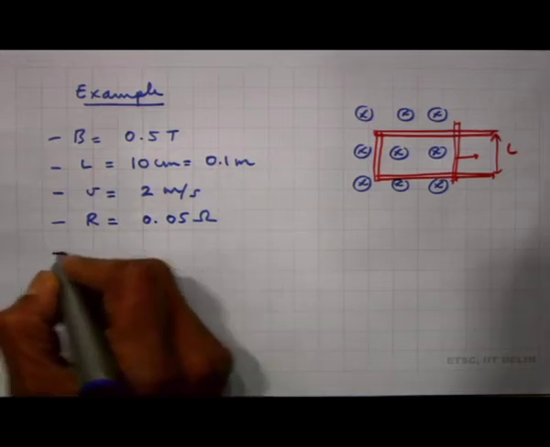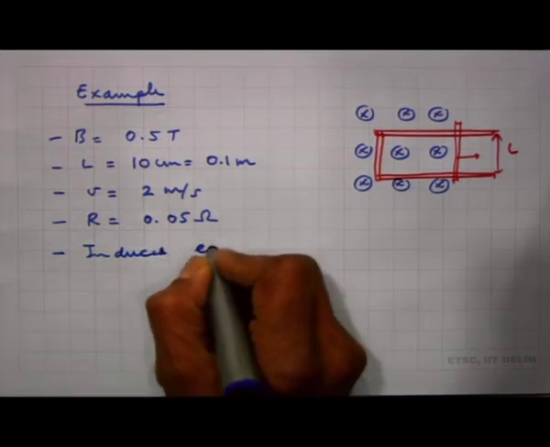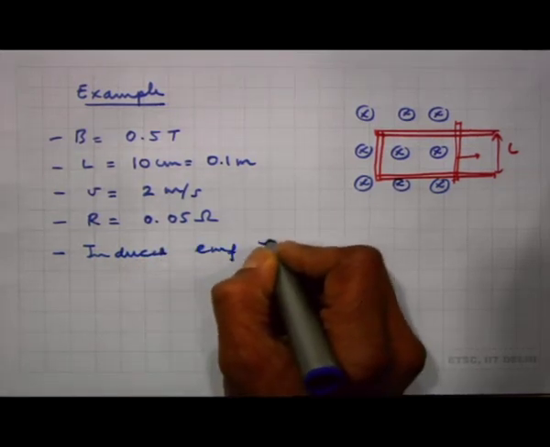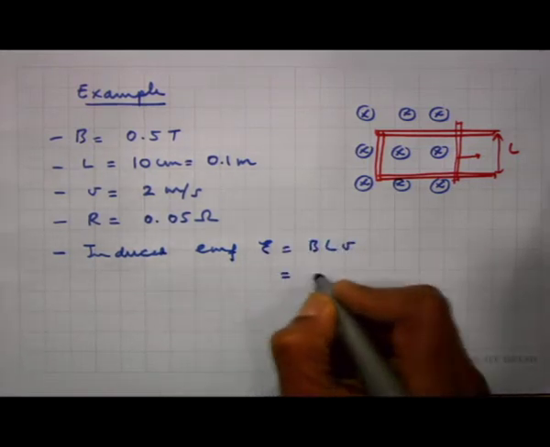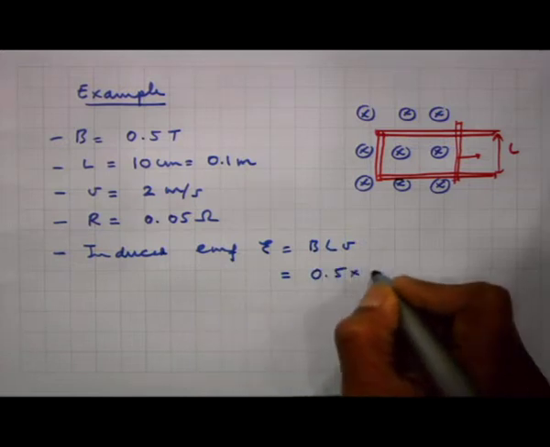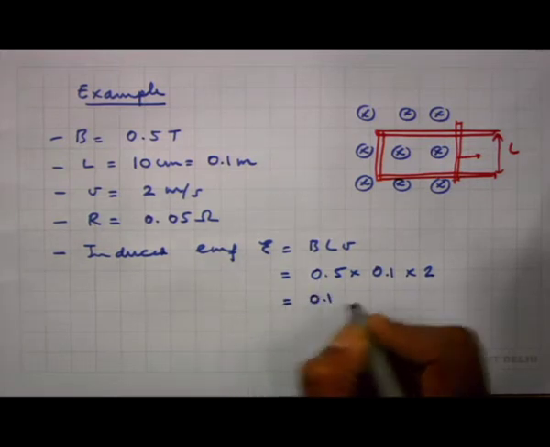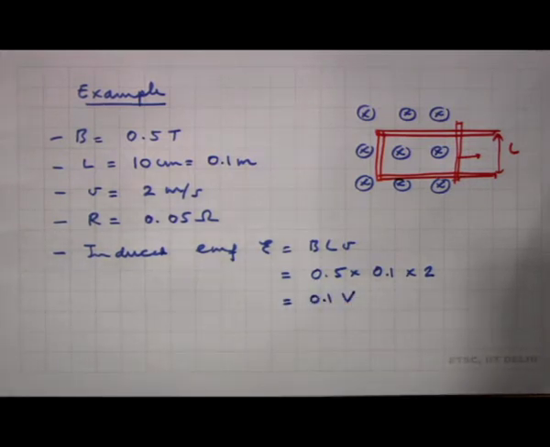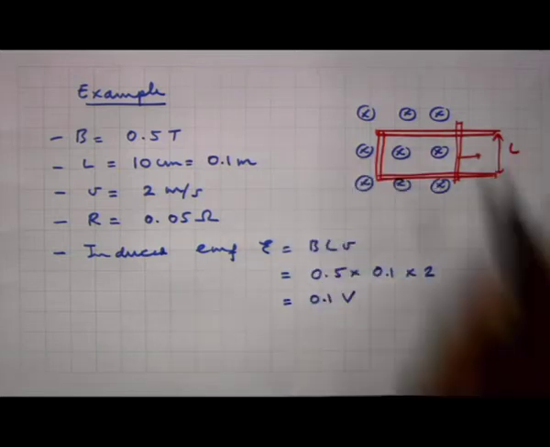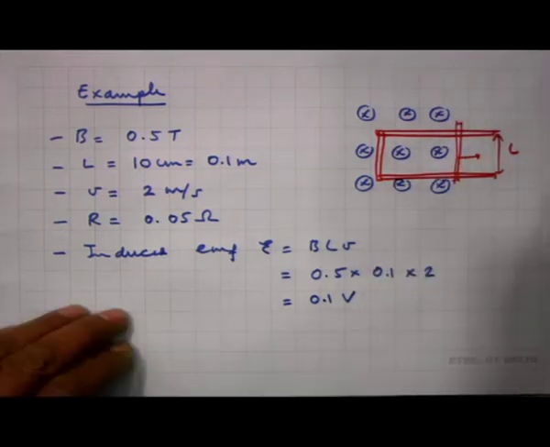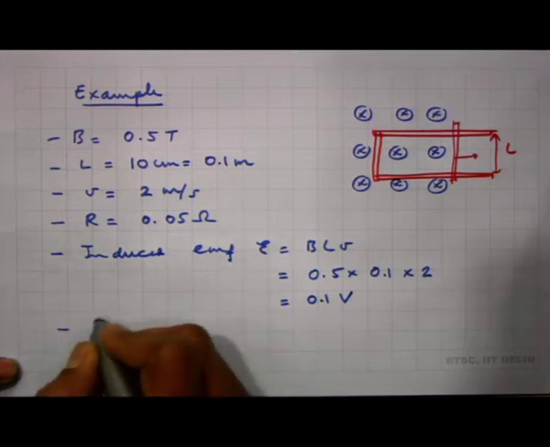So, what is the induced EMF? E is equal to B times L times v, which we have just derived, which is equal to 0.5 Tesla into 0.1 meters into 2 meters per second, which is about 0.1 volt. So, there is an induced EMF of 0.1 volt across the circuit here, and this induced EMF comes in because I am trying to pull the rod to the right. And this induced EMF will generate a current